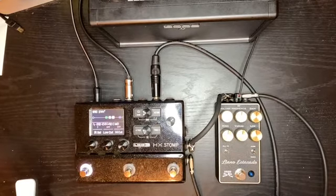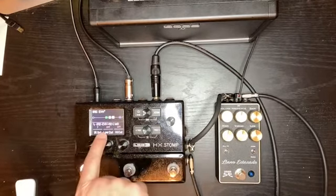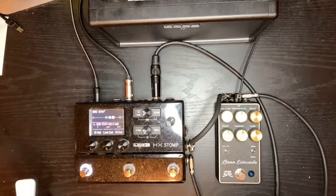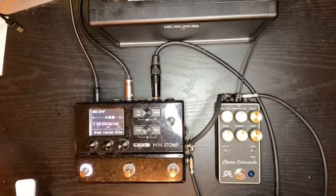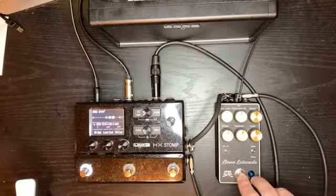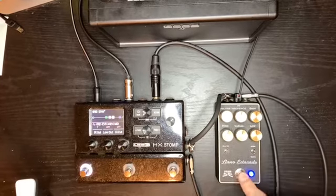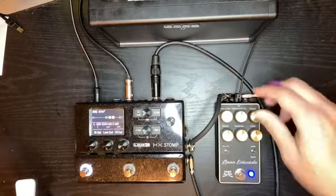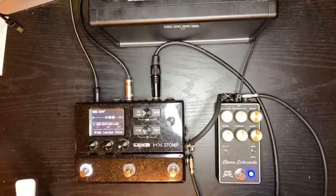So I'm playing clean right now, you can see I've got an IR going into just a little Boss Katana head, so it's clean. And then we add this, and this is going to be your cleanest, because this is going to be your stock. I'm going to turn it down a little bit. But this is where you're going to get that classic rock that...